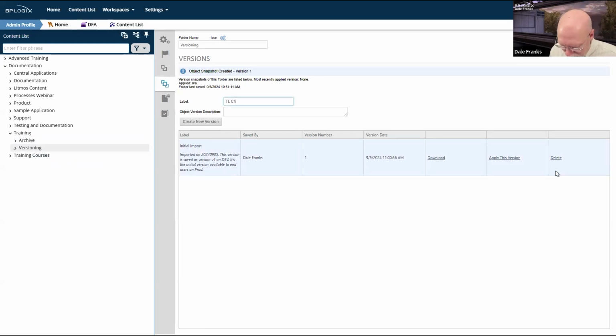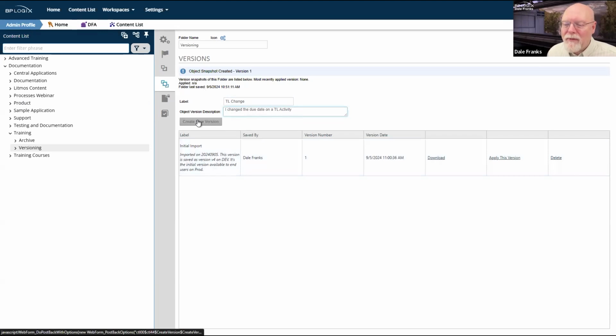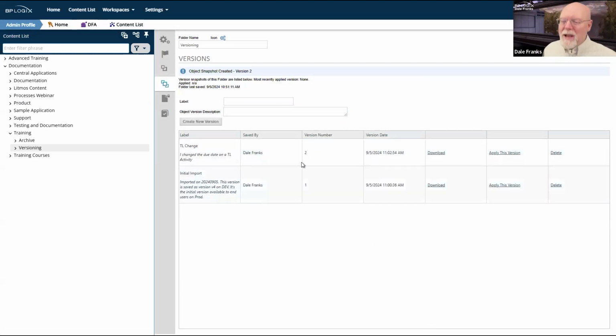We'll call this version TL change. And we'll just say that I changed the due date on a timeline activity. And there we go. It's okay, fine. I made the change. I changed the due date on a timeline activity. Now I've got a version 2. The timeline activity works the way that I want it to work.